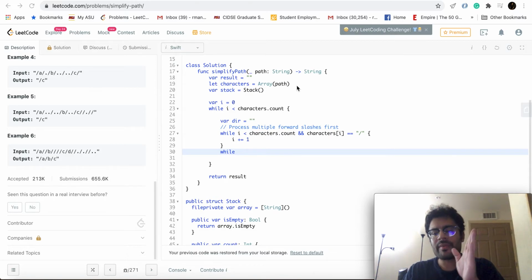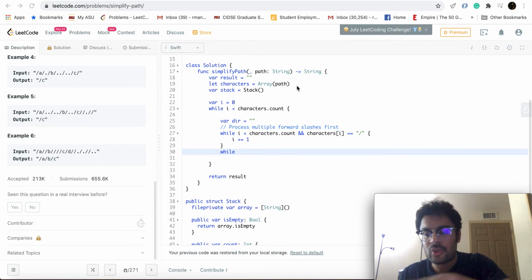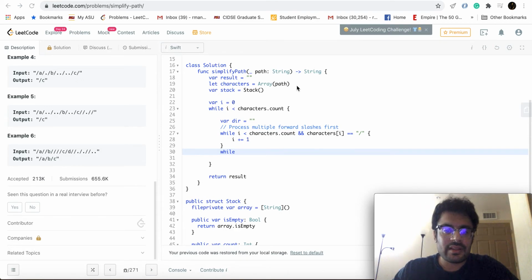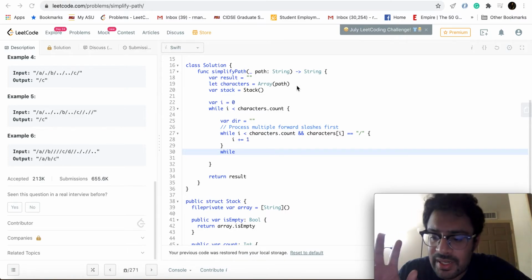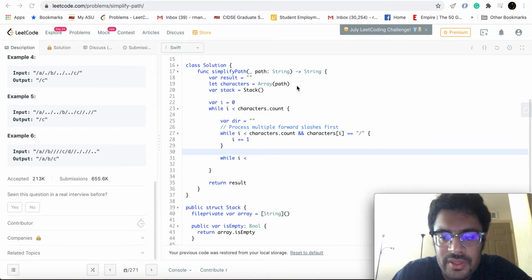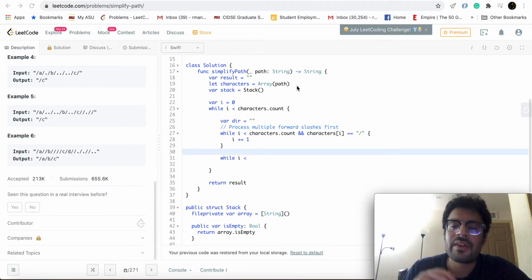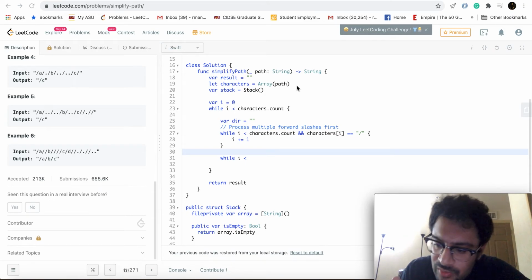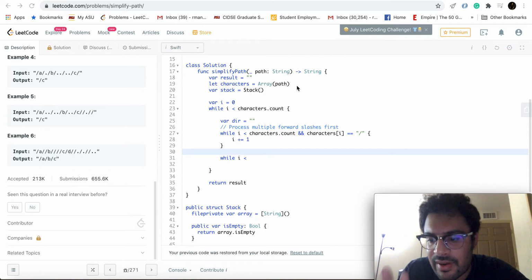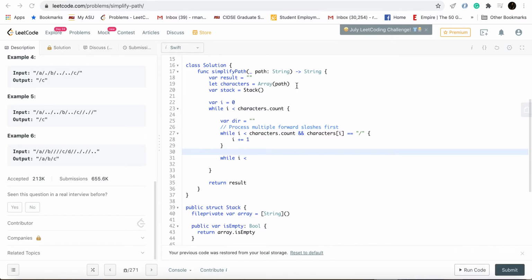But what we are basically doing in terms of implementation is just moving on to the next token that we need to process. Cool. Next token meaning next directory or single period or double period. Then, at this point, when we reach here, we know that we have arrived at a token. If we are not at the end of the string and we have processed all consecutive forward slashes, we should have arrived at a token. Token meaning either a directory name or single period or double period.